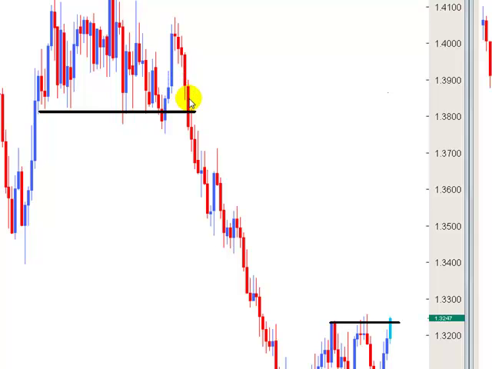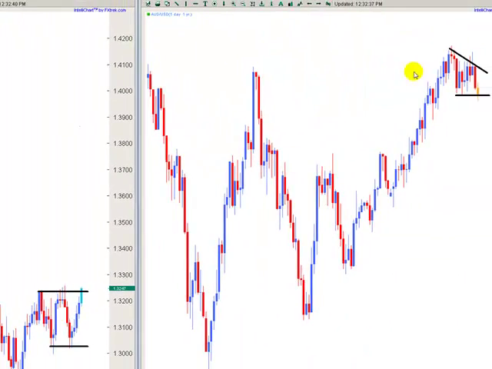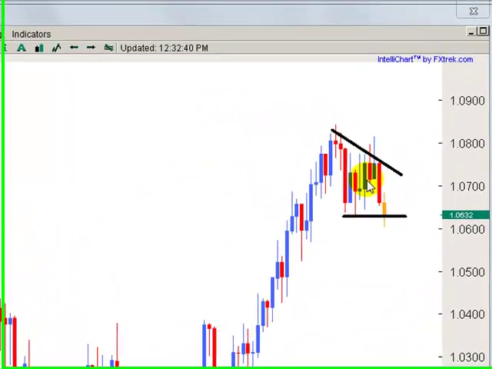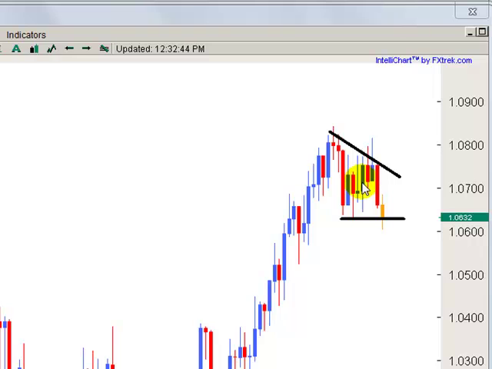Maybe they formed a rectangle like we see here and like we see here, or maybe they formed a descending triangle like we see here. Again, an ascending triangle, a descending triangle, or a symmetrical triangle are all consolidation patterns. It doesn't matter which, as far as where you're putting your lines, but that's as far as it matters. All of them are consolidation patterns, base building patterns for which the next big breakout and directional move to